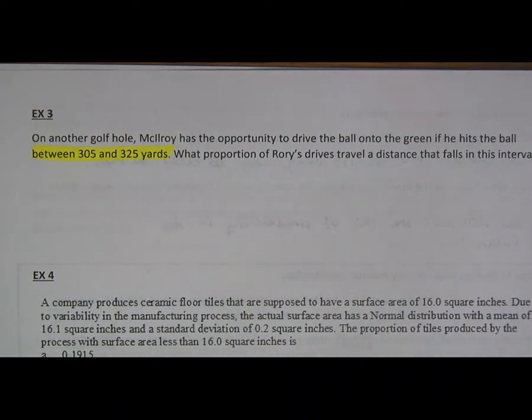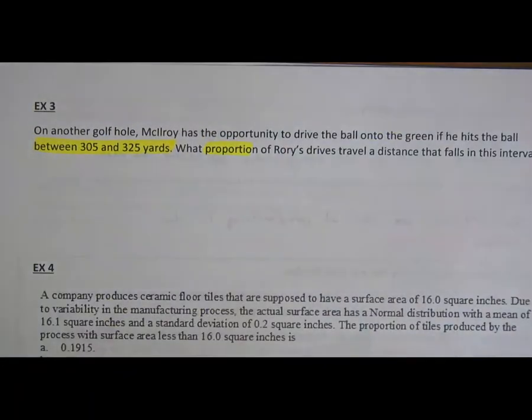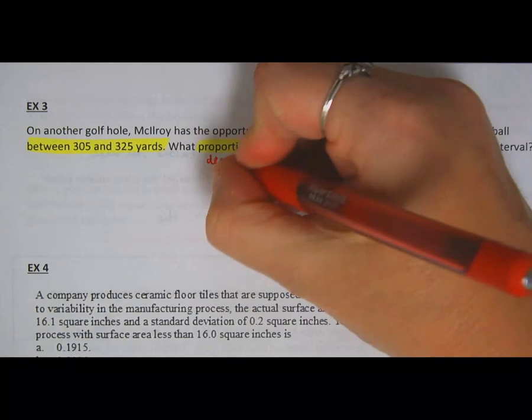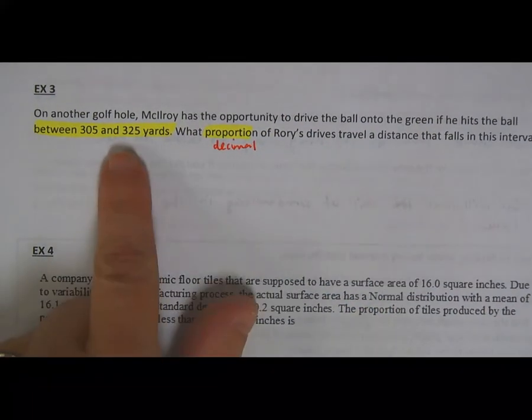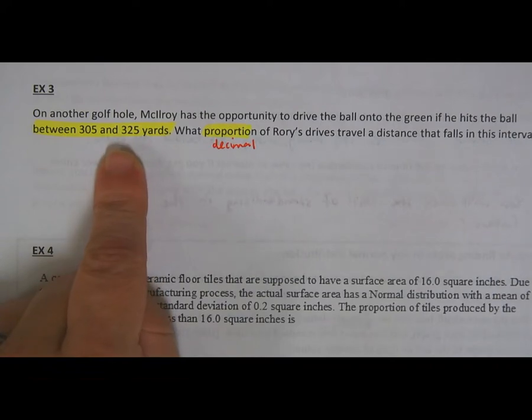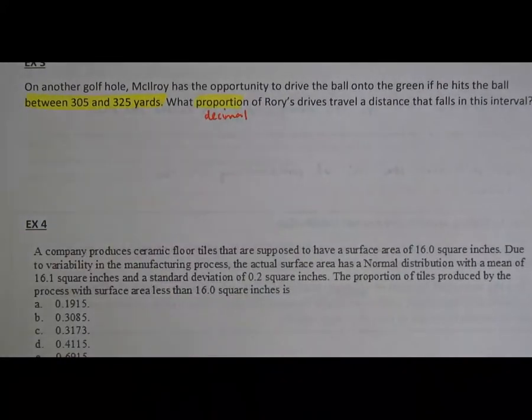It's not a more than or a less than. He has to hit the ball between, there's like a sweet spot, between 305 and 325 yards. What proportion, so we'll leave it as a decimal this time, of his drives